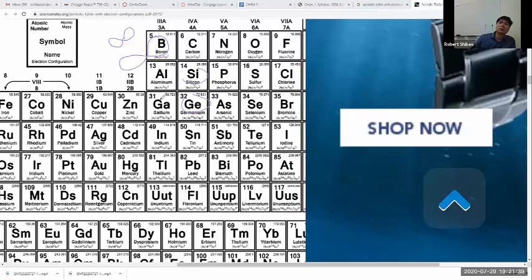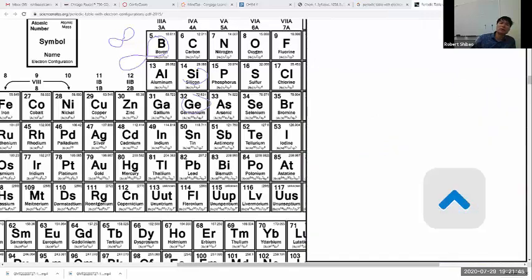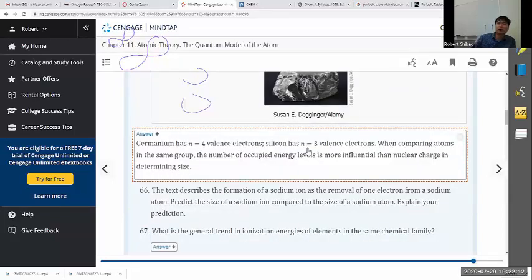Another shell. Now it gets a little bit tricky because in one sense they're bigger, in another sense they're smaller. So a 3p orbital in germanium is a lot smaller than a 3p orbital in silicon, but we're not comparing 3p orbitals. If we're comparing 3p orbitals, then yeah, germanium's smaller. But germanium has a 4p, and the 4p on silicon is empty. So germanium has n equals 4 valence electrons, silicon has n equals 3. When comparing atoms in the same group, the number of occupied energy levels is more influential than the nuclear charge